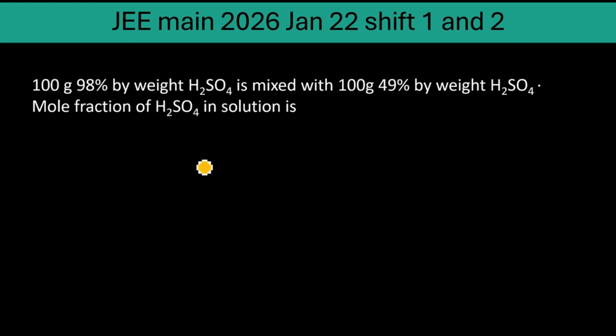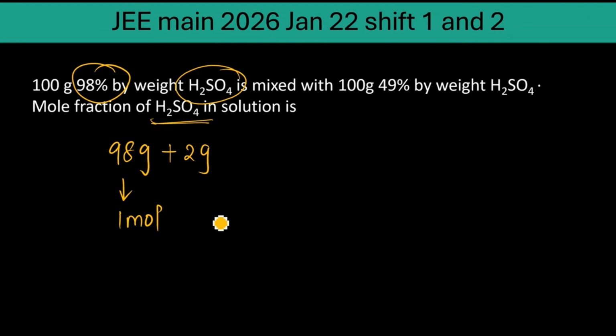100 grams of 98% by weight sulfuric acid is mixed with 100 grams of 49% by weight sulfuric acid. The mole fraction of sulfuric acid is? Such a simple question they have asked. First, 98%, so 98 grams of sulfuric acid plus 2 grams we can take as water. So the number of moles of sulfuric acid will become 1 mole, correct? Sulfuric acid molar mass is 98. And for water, 2 by 18, that is